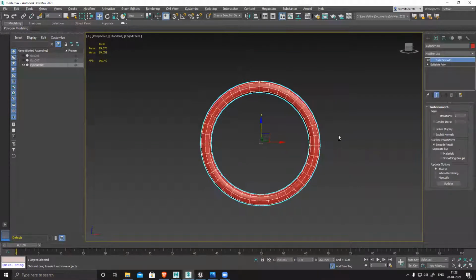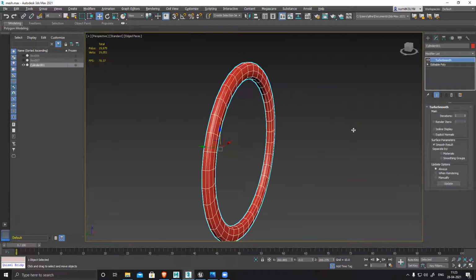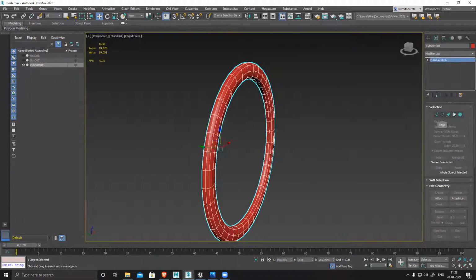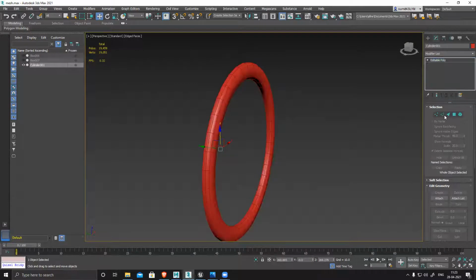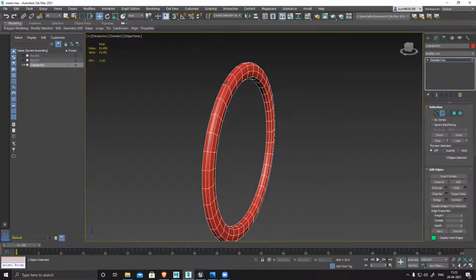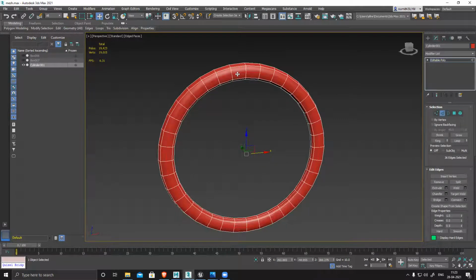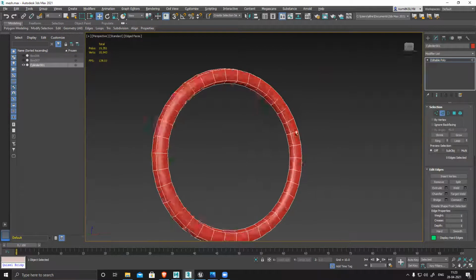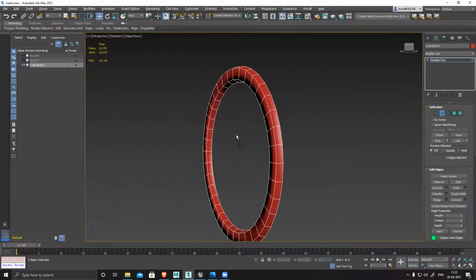make it a bit rounded, nice round polygon edge. Delete this one, so I get the sharp angle. Delete this one also, and delete this one also. Now I have more polygons, and it looks smooth and clean.